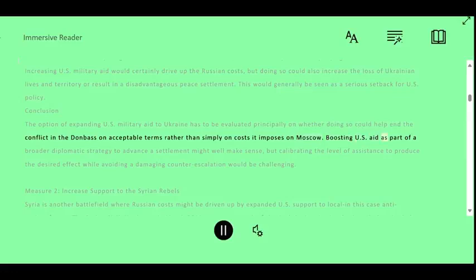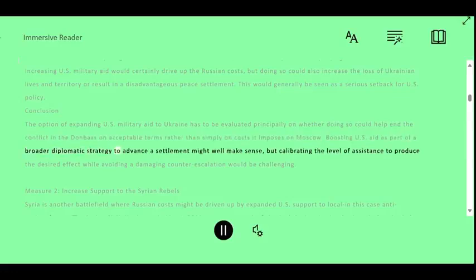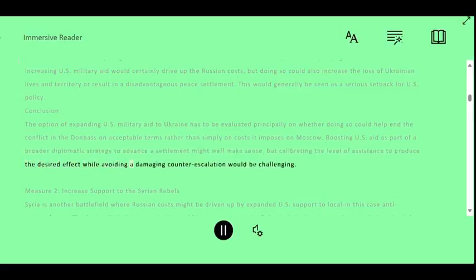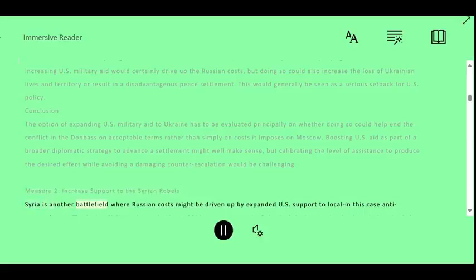Boosting US aid as part of a broader diplomatic strategy to advance a settlement might well make sense, but calibrating the level of assistance to produce the desired effect while avoiding a damaging counter-escalation would be challenging. Measure 2. Increase support to the Syrian rebels. Syria is another battlefield where Russian costs might be driven up by expanded US support to local, in this case,